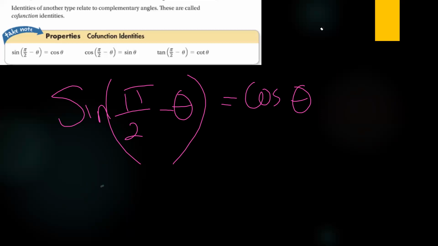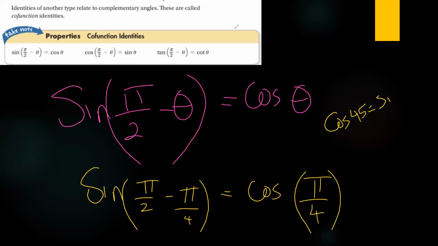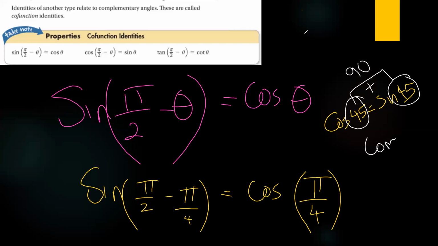Like sine of pi over 2 minus pi over 4 would be the same as cosine of pi over 4. Do you remember when we had cosine 45 equals sine of 45? Why are they equal? Why are they both 1 over square root of 2? Because if you add 45 plus 45, you get 90. So they are complementary